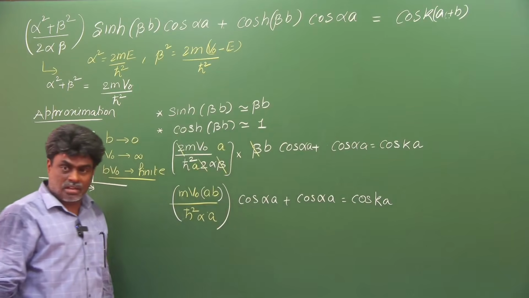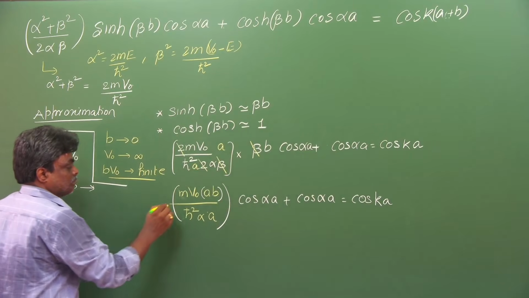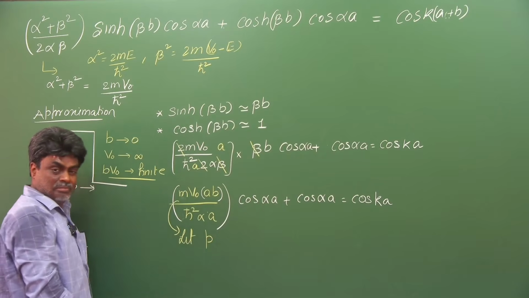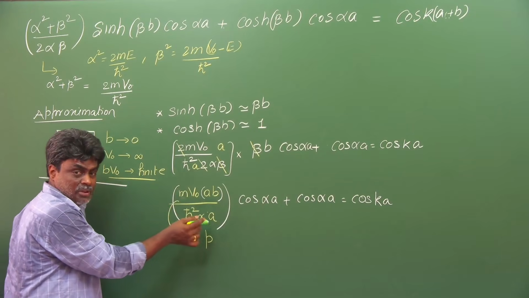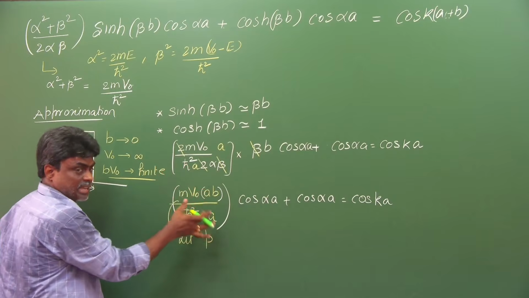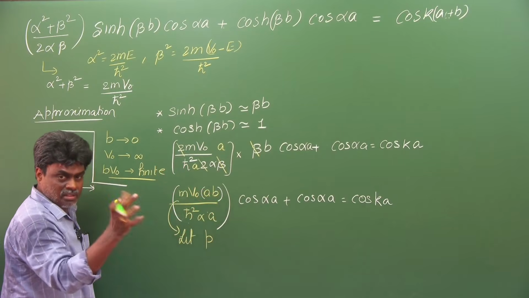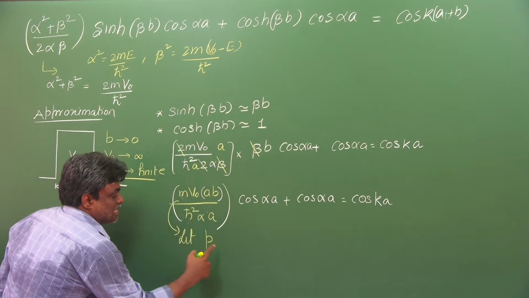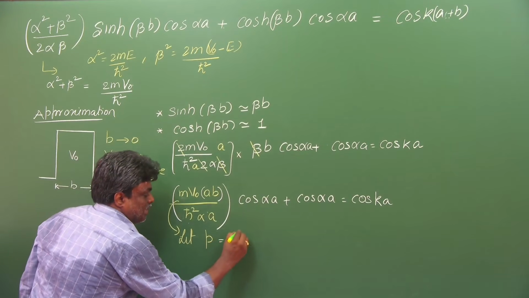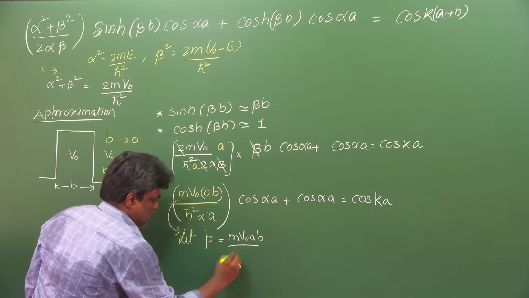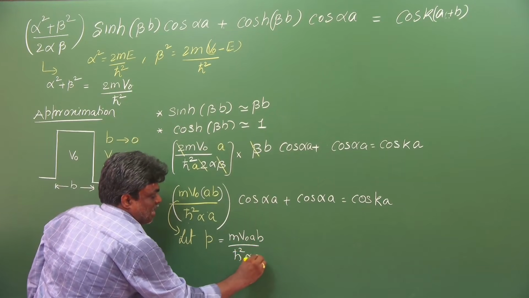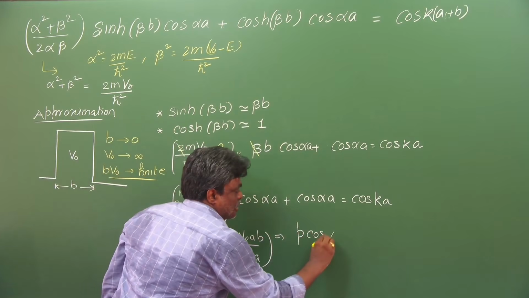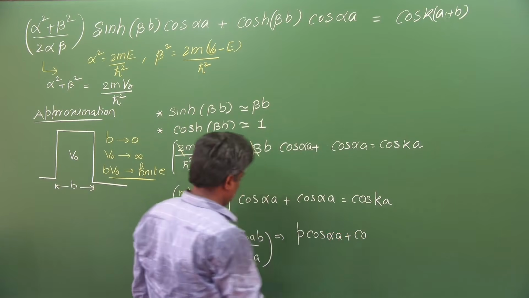Shall I take cos alpha a common? Don't take. I am assuming this as some parameter P, because m, V naught and this one are constant, alpha is a fixed value, a is the width of the barrier, and ab is the product of the widths. So let us suppose P equal to m V naught a b by h cross square alpha a. Then finally what I get is P cos alpha a plus